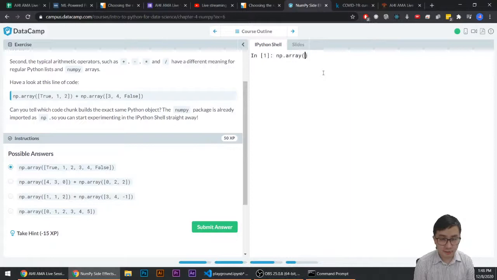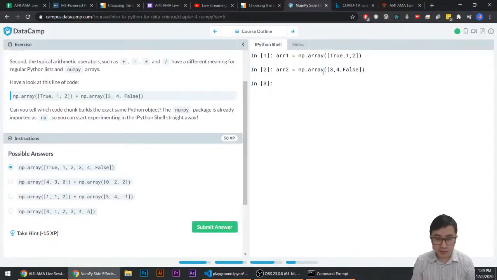np.array True, 1, 2. AR1, so I'm going to define this. Array 2 is going to be np.array True, no, 3, 4, False. And then if I add AR1 plus AR2,